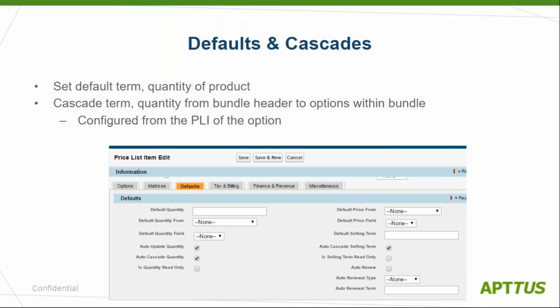So now we'll talk about defaults and cascades. So defaults and cascades, as the name suggests, if you want to put in some values by default onto your cart page, then you can use the defaults and cascades functionality. So if you want to set a default term and quantity of a product, then you just have to go to the price list item and then go to the default tab, and then you can specify